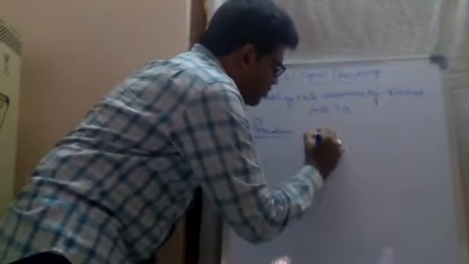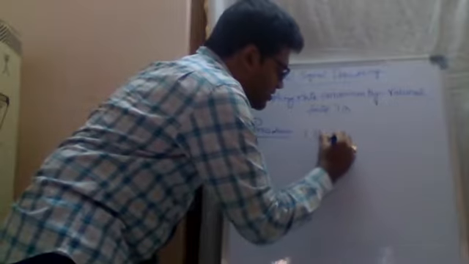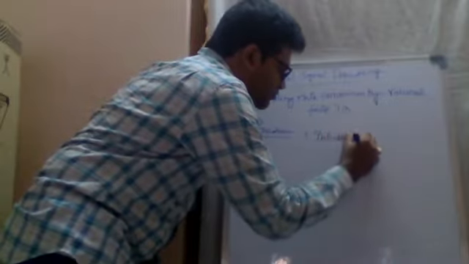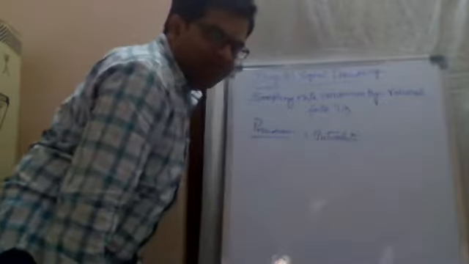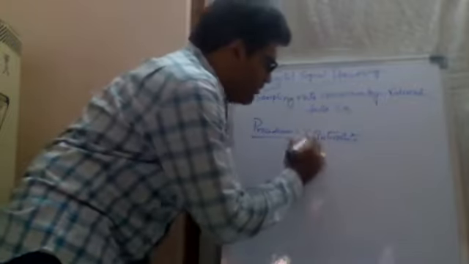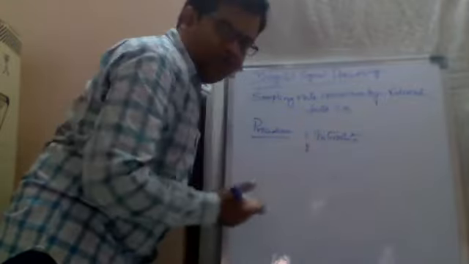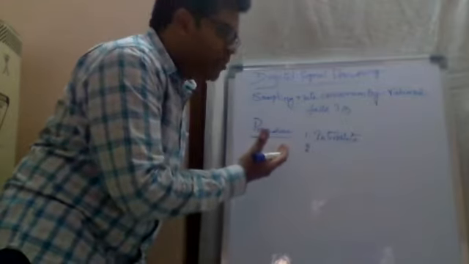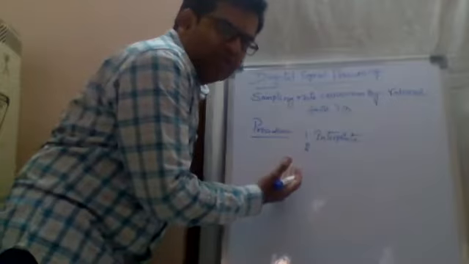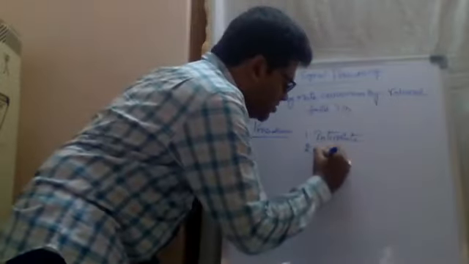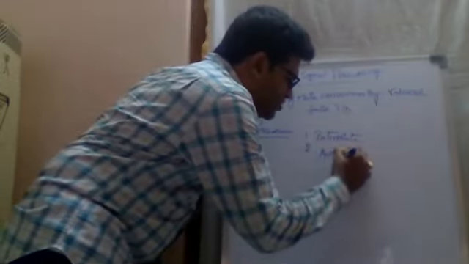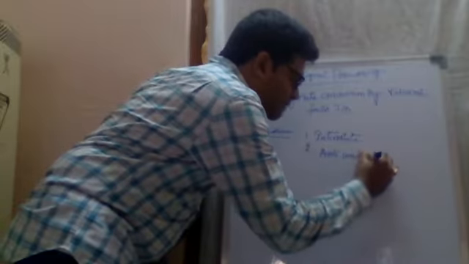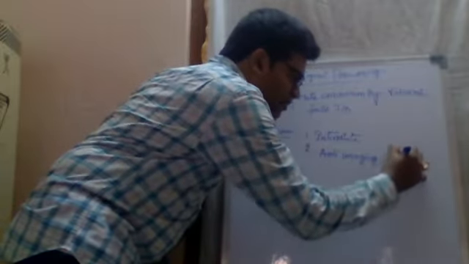is you have to interpolate your sequence. The given sequence has to be interpolated first. As we know, when we interpolate, obviously we have the images being formed. So in order to remove those images, we go with an anti-imaging filter. So this is band limited to pi by I.